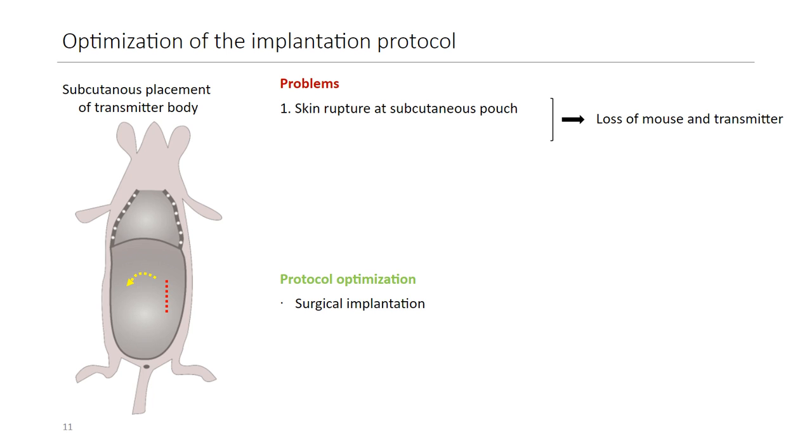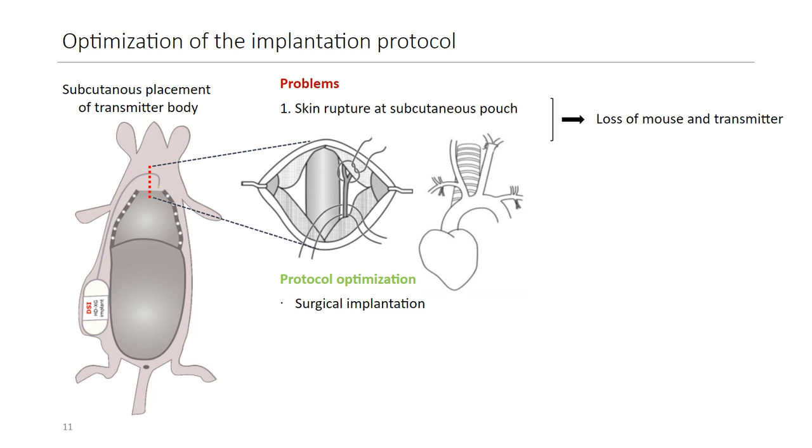Through here we insert the transmitter body subcutaneously. Afterwards we tunnel the lead to an incision at the ventral neck region, like this. And then the glucose sensor is implanted via the left carotid artery into the free-flowing blood of the